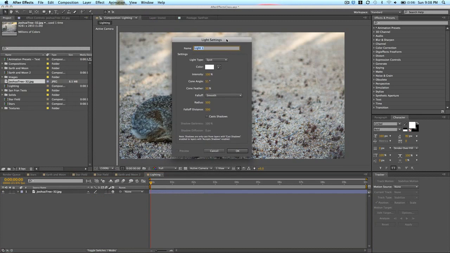And you'll get this dialog box with the options for the lights, and you can name it whatever you want. And then there's different types of lights: spot, parallel, point, and ambient. Basically, let's start off with the spot, and we'll go through the rest later, but the spot is the main one you're going to be using. Ambient will basically add light to the entire composition at once in an even way, but spot, parallel, and point have some interesting